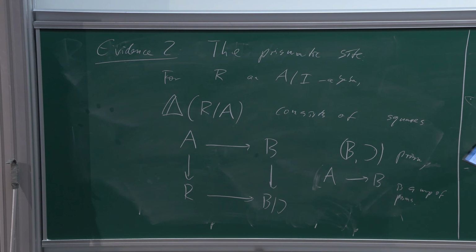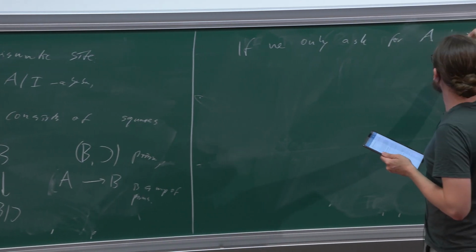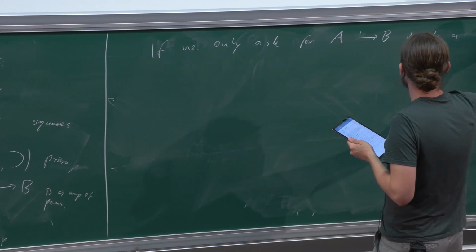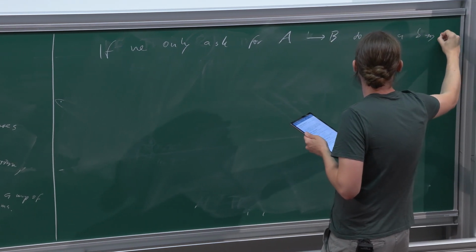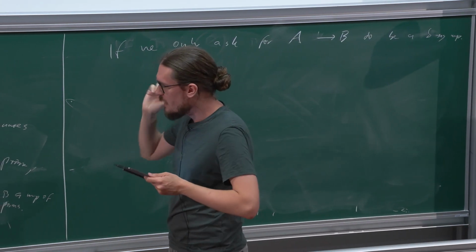So if we only ask for A to B to be a delta ring map, no compatibility with the ideals whatsoever, then